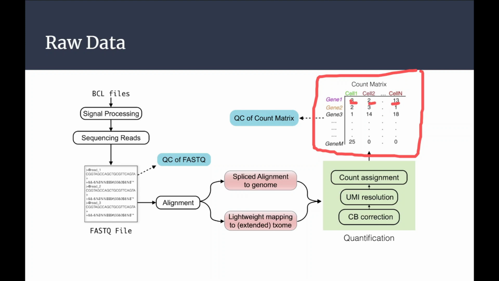So what can we conclude from this? You can simply say this cell is showing a high expression profile for gene 1 compared with cell 1 and cell 2. You can see the expression value is 13, meaning there are 13 transcripts present for this particular gene in this particular cell. So these things we can read from the count matrix.